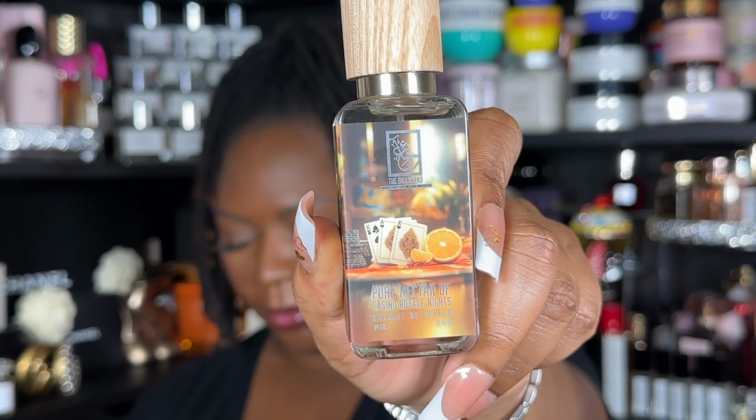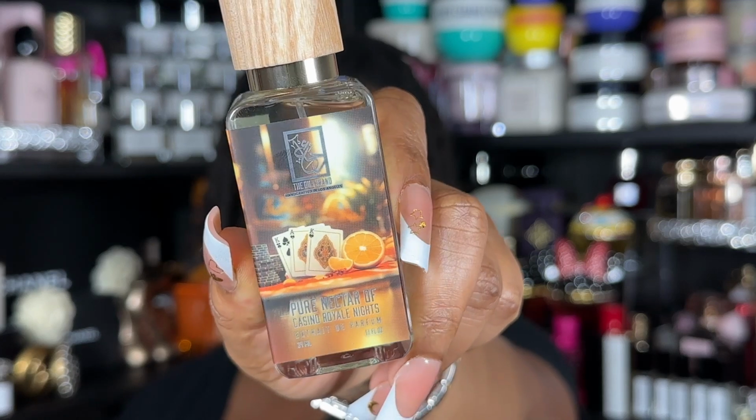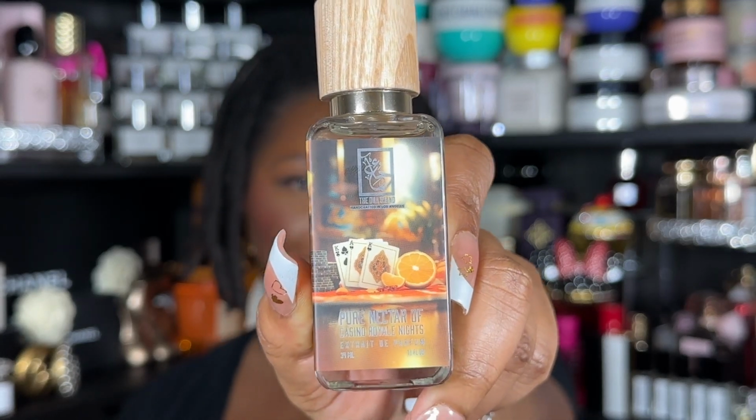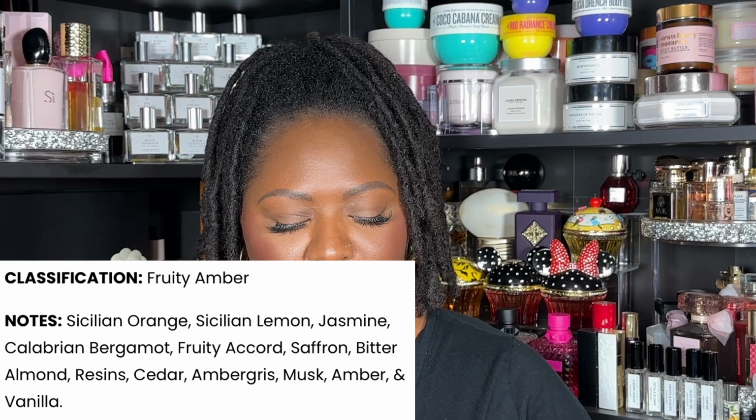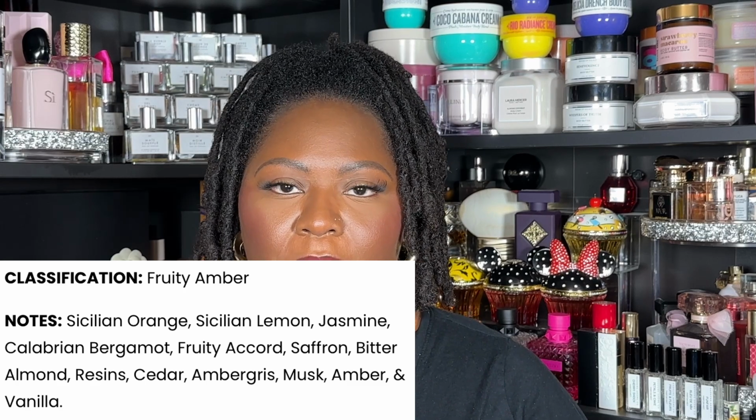Okay, so next I have picked up a couple of fragrances. So we're gonna start with Dua. First I have here Pure Nectar of Casino Royale Nights. Hopefully you can get a good visual of this. And this is a hybrid of Herba Pura from Xerjoff and Baccarat Rouge 540. So the notes are Sicilian orange, Sicilian lemon, jasmine, Calabrian bergamot, fruity accord, saffron, bitter almond, resins, cedar, ambergris, musk,